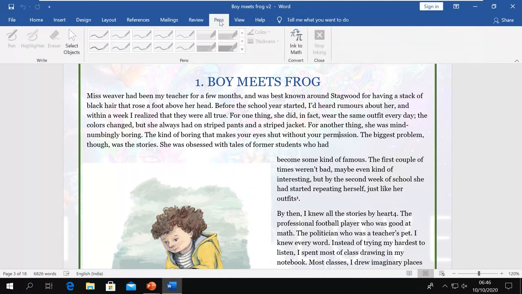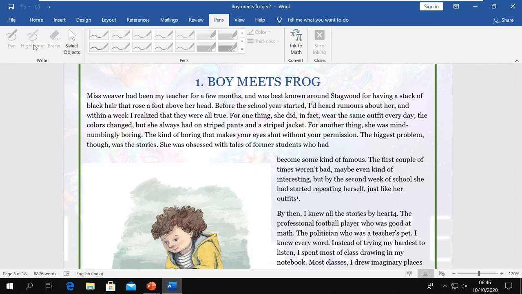Now when I click on this, I will see these options. Options to write, pen, highlighter, eraser. You can highlight the text, you can use the pen to mark some text and all that. Like when you're presenting something, you can decide the thickness and color, and you can use it for maths. For example, I want to show some equations which are not there in Word, so I can write with my pen here and convert it to ink, and when I'm done, it will close.